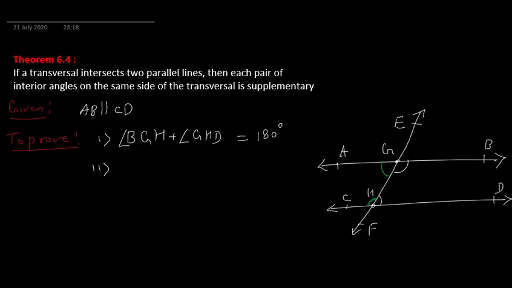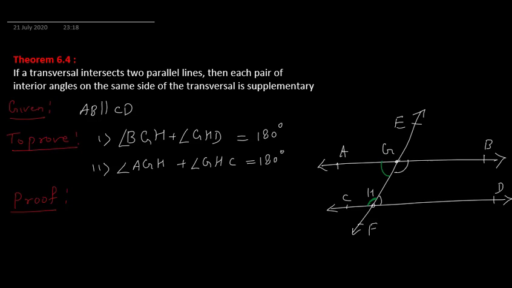And in the same way, we have to prove that angle AGH plus angle GHC, their addition is 180 degrees. Okay, this we have to prove. So let us see the proof. Okay, so now you have alternate angle that you can use, you have corresponding angle that you can use. Okay, you have converse statements maybe that you can use. So you have to prove that these two additions are 180 degrees.